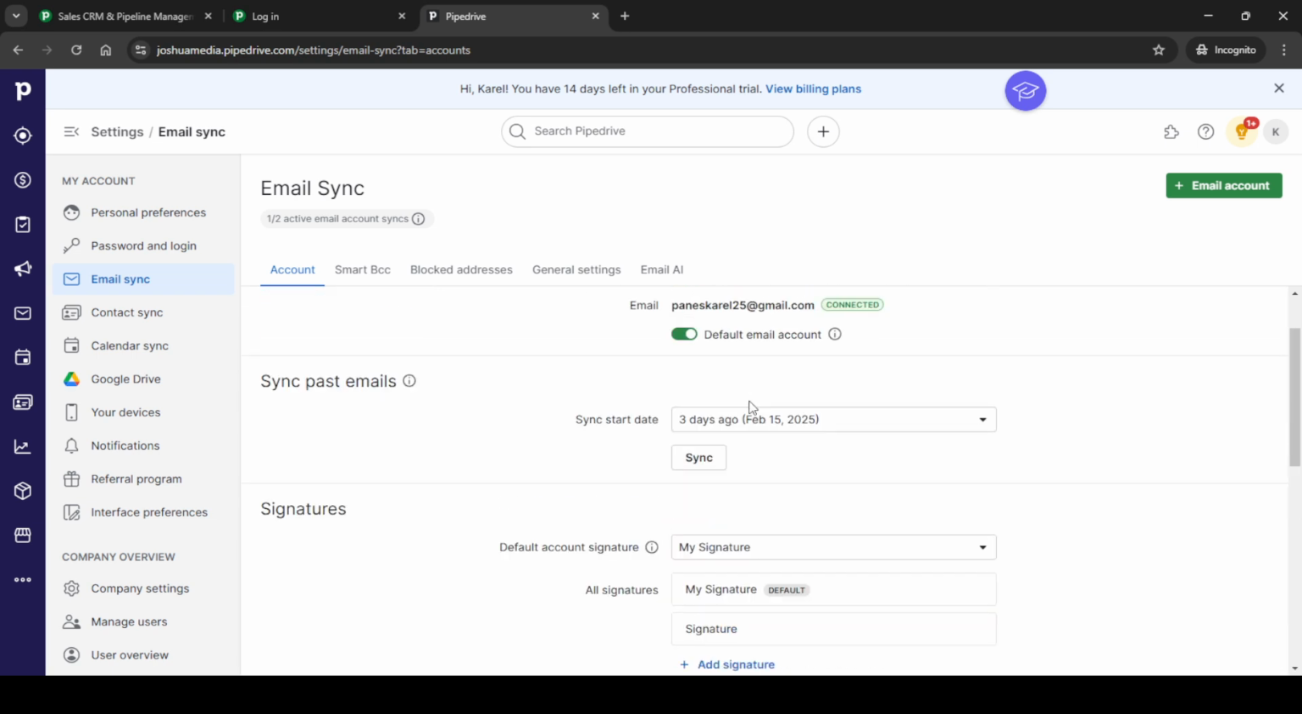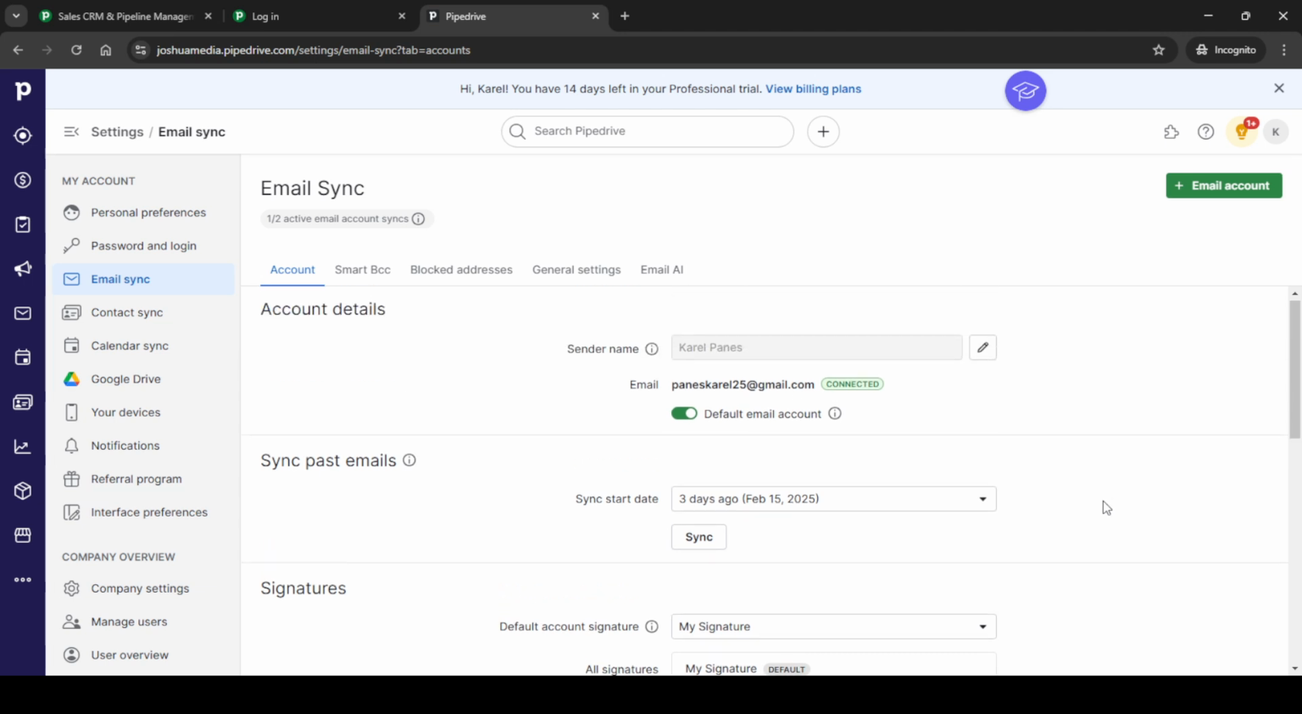Finally, complete the setup by clicking Sync. This command initiates the synchronization process between your chosen email account and Pipedrive. Depending on the size of your inbox and the volume of emails, this might take a few moments. Once completed, your emails will be efficiently integrated with your Pipedrive account, allowing you to